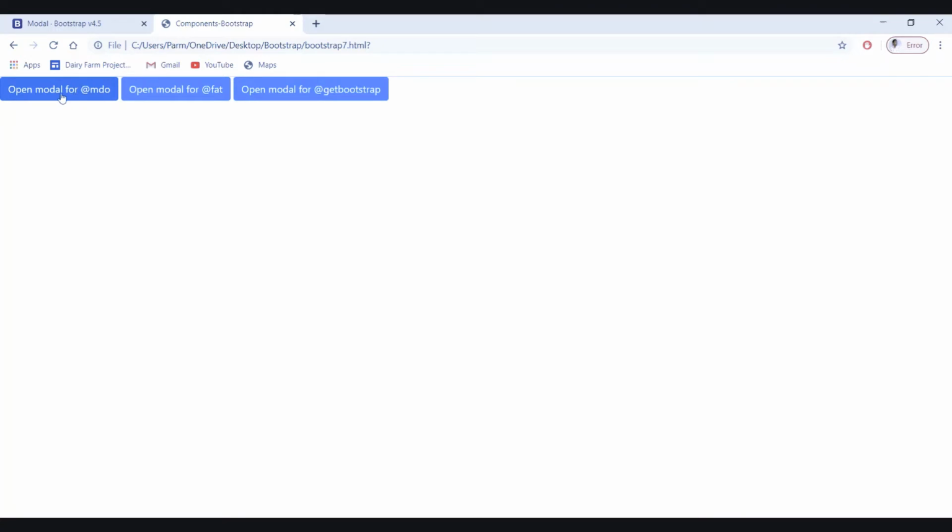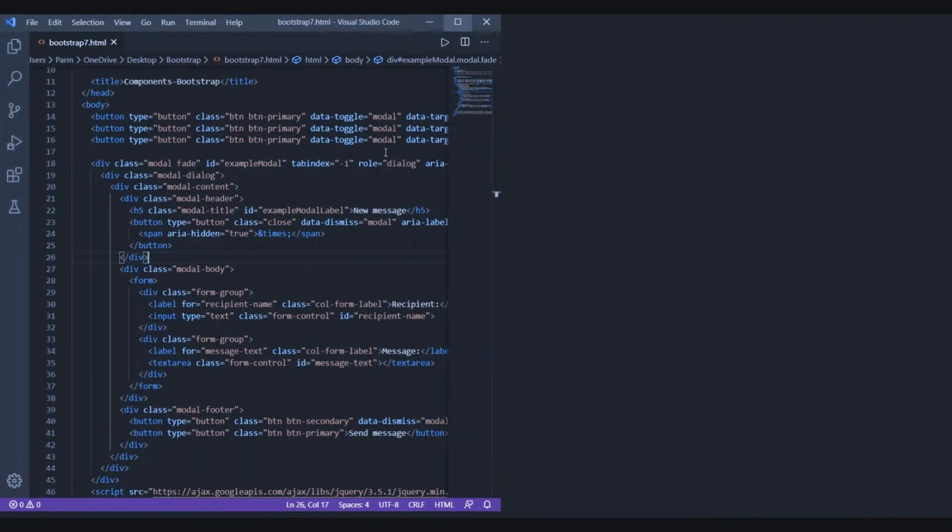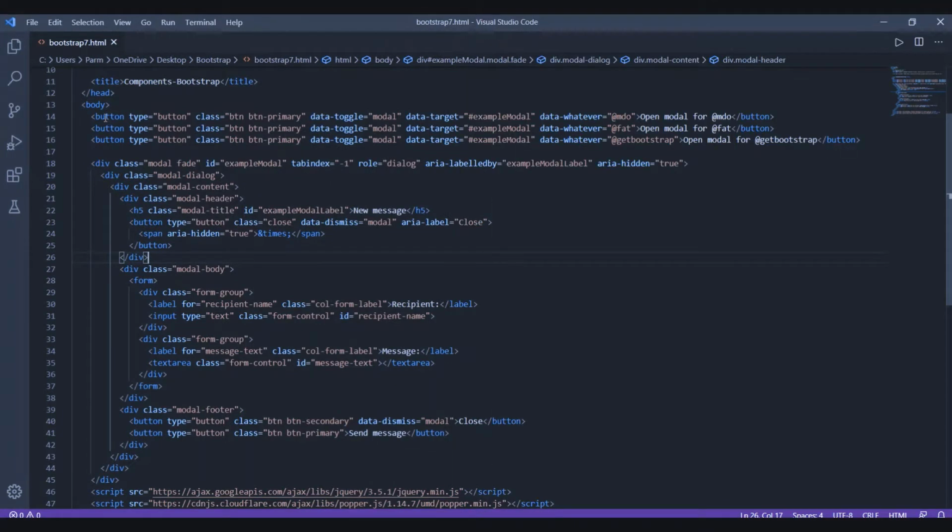I'm just going to make small changes over here. Let's try to understand what the code is. Nothing is special. We have created three buttons. Look at the three buttons. For that, type is button, class btn btn-primary to color this. And here we have used data-toggle. We want the toggle to be modal, because we want to create a modal.